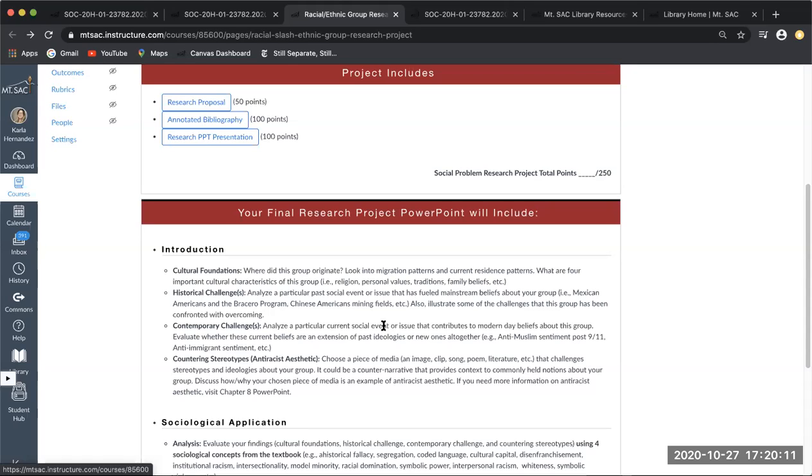You're going to look at a contemporary challenge. So this is something fairly recent, a current social event or issue that contributes to modern day beliefs about this group. Evaluate whether these current beliefs are an extension of past ideologies or new ones altogether. For example, anti-Muslim sentiment post 9/11.